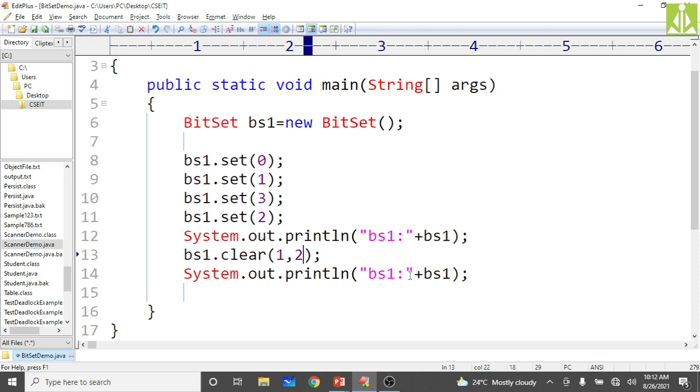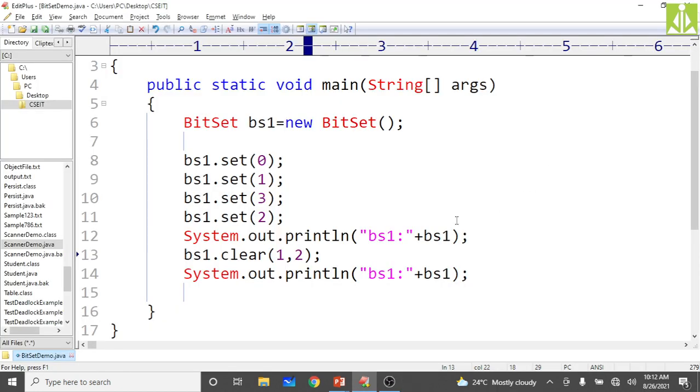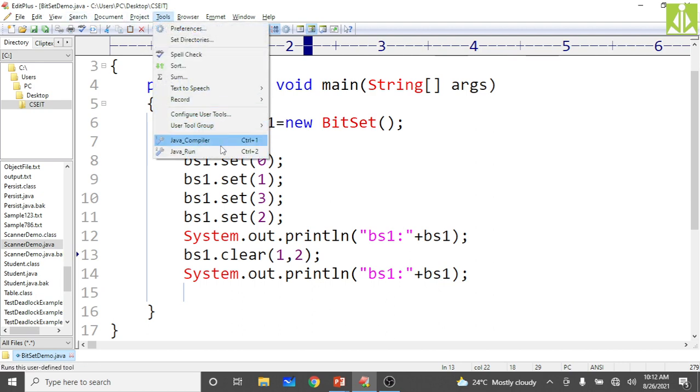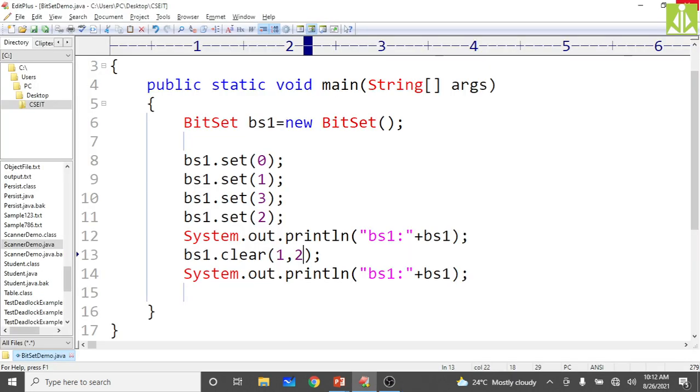Compile, that is the range we have given. We want to clear only the 1 and 2 indexes. So we get 0, 2, 3 as the output. So it is not clearing all, rather it is clearing only a particular element.